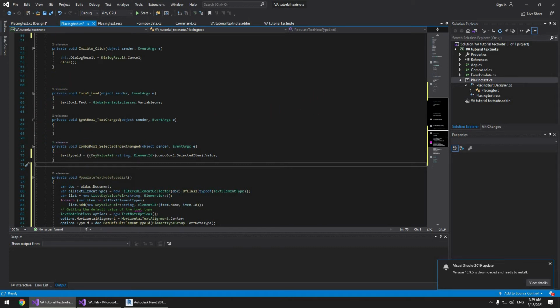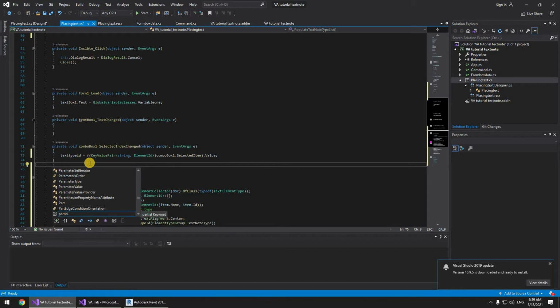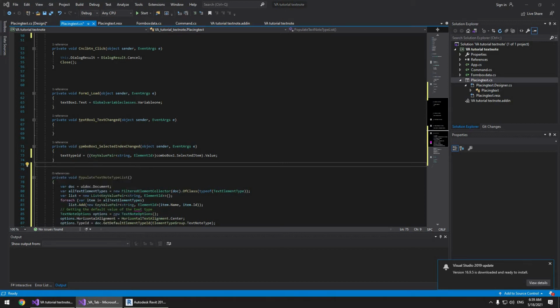So to do that, we're just going to be creating another text info. Let's call it get info 2. So public. Okay, so to pass this into Revit, we're going to be jumping back to our form box data, the class